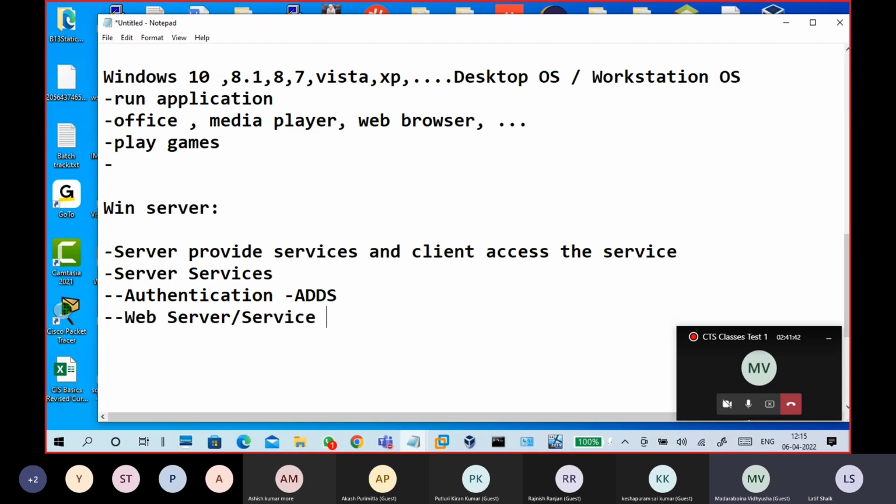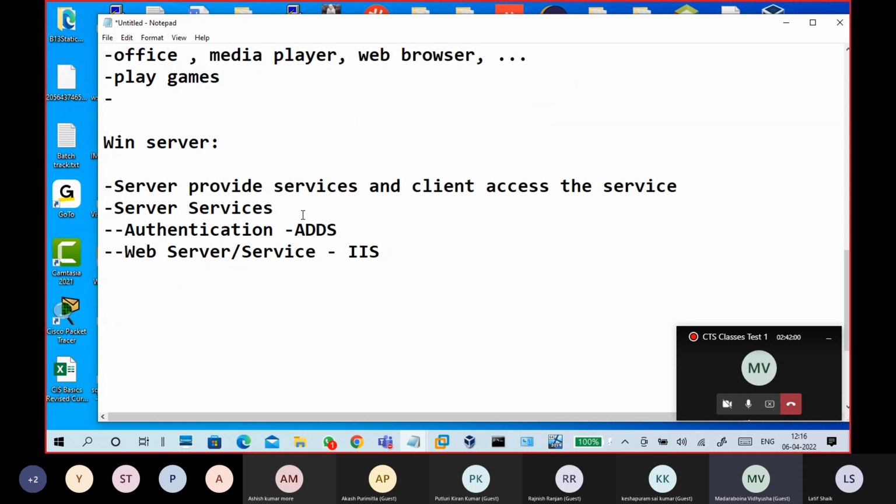I'm just putting it for ease. For example, Microsoft IIS, HTTPD. So different types of web server. I'm talking in terms of Windows-related ones only. Of course, other services are also there. Active Directory, Kerberos service. Okay, authentication service, LDAP services, web server, DHCP server,